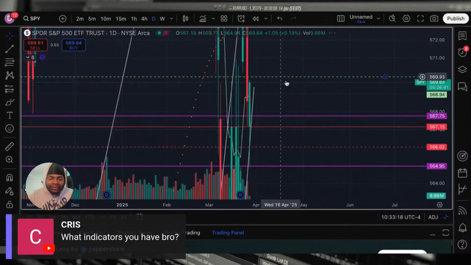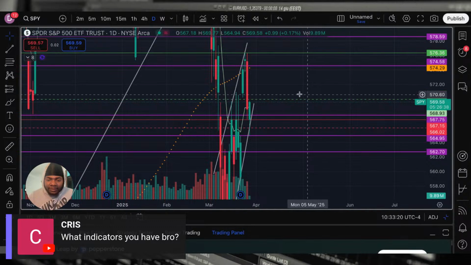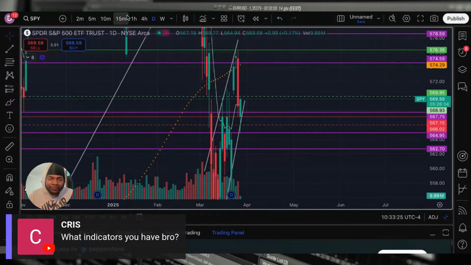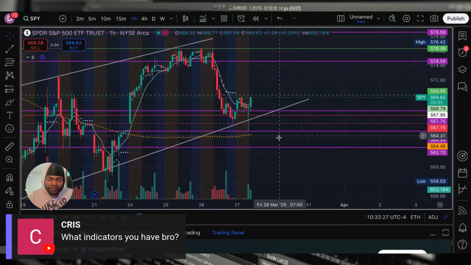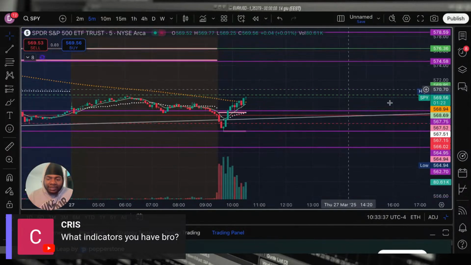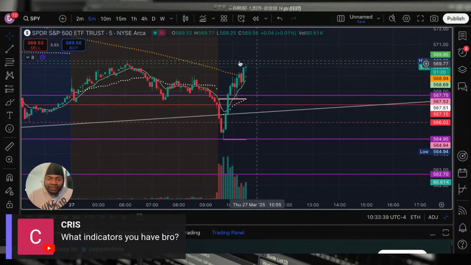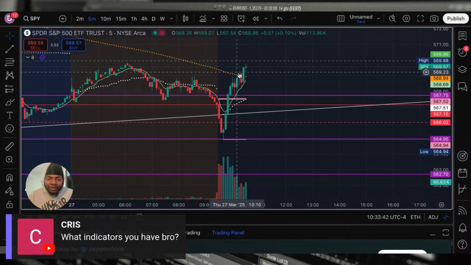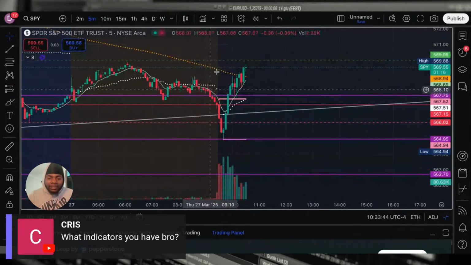So think about it. I can go to the daily, see how we kept getting wicked right here off of this 200 moving average. You can go to the 1 hour chart. Look what it did earlier today. It held that bottom, the 200 moving average. So you can use it as support and resistance. But see right here on the 200 moving average, it just got above it. See what I'm saying? Anytime you're going up to the 200 moving average or going down, you're going to get a reaction off of it.